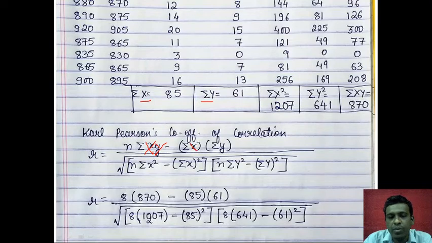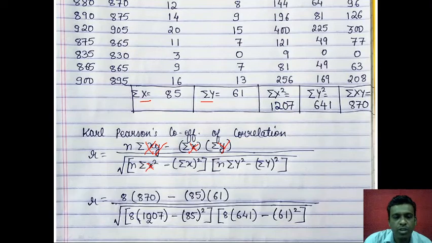So be careful about that. Suppose if they have given you capital X and capital Y here in the problem, then this will be small x and small y. So they are just two different notations. If they have given you small x and small y, convert them into capital X and capital Y. If they have given you capital X and capital Y, convert them into small x and small y. And similarly, just substitute what we have done in previous problems.